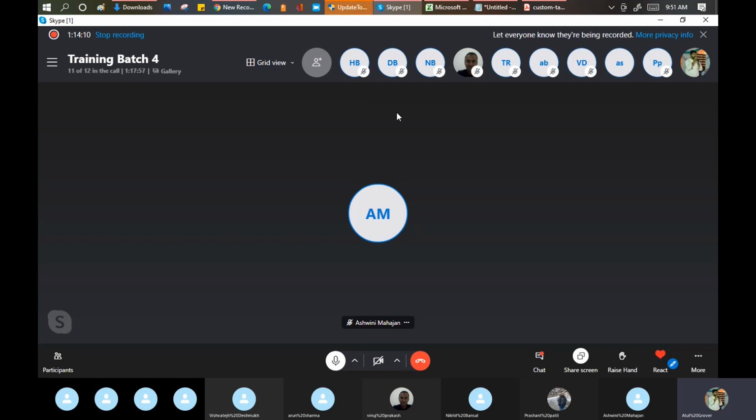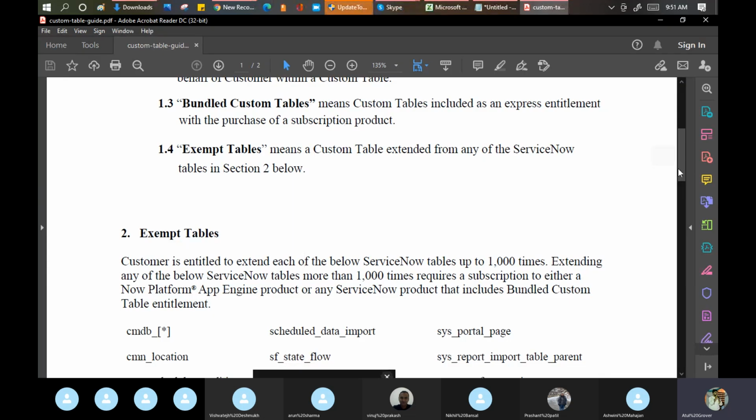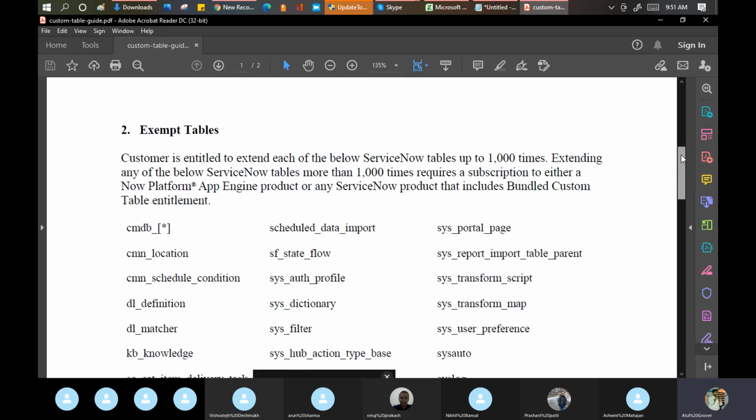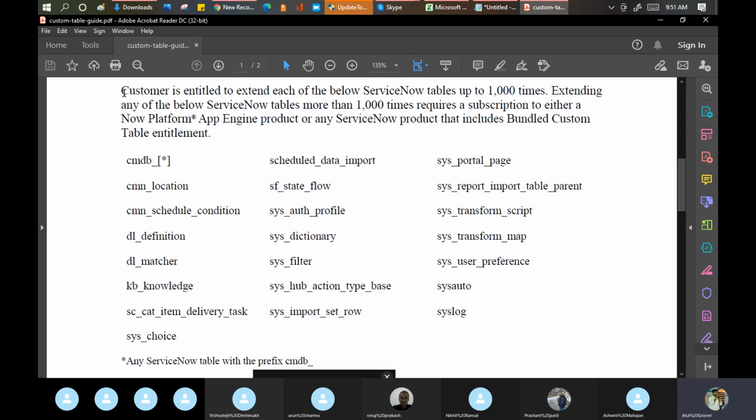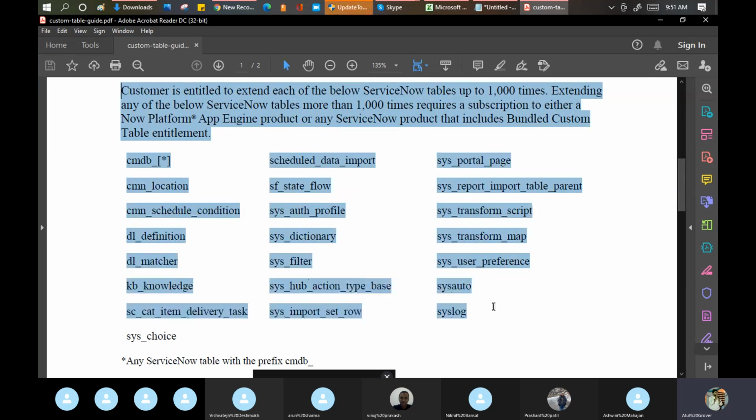Nikhil, Vinuj, Arun, and one or two more guys who have been working in ServiceNow for some time can understand the terms more easily. Later on we will discuss what these things mean and how they can be worked upon.